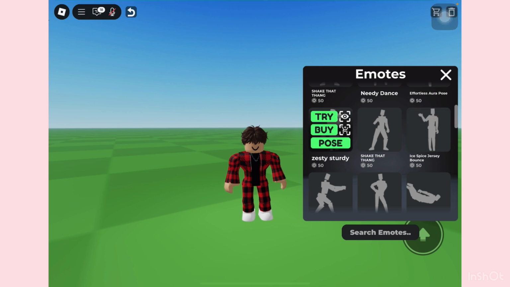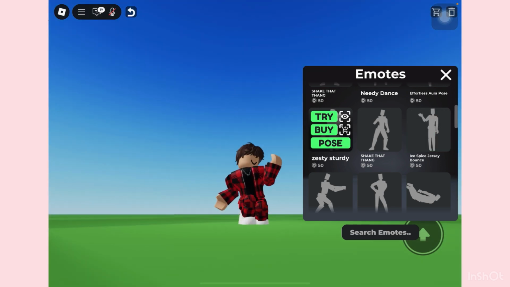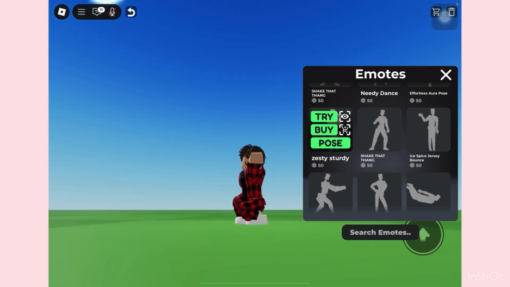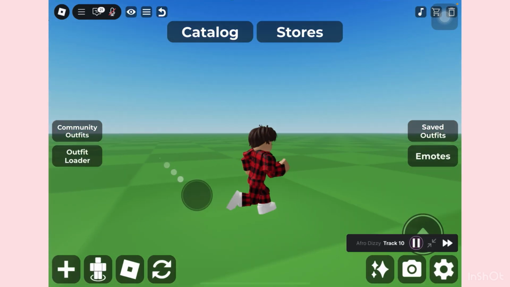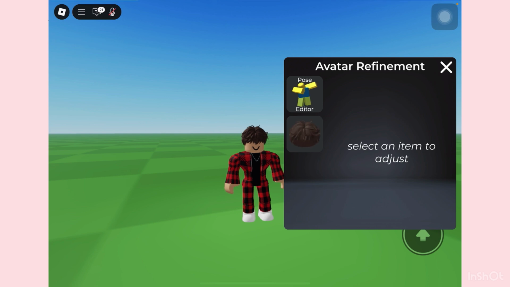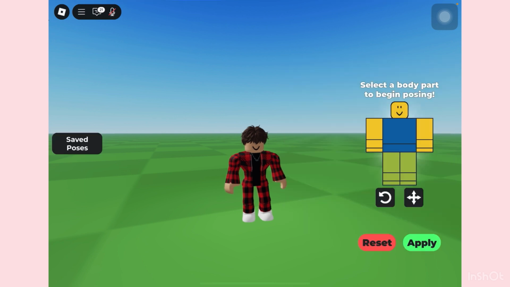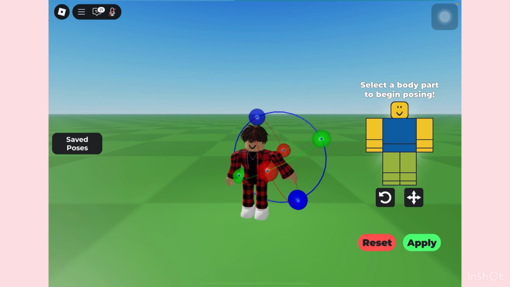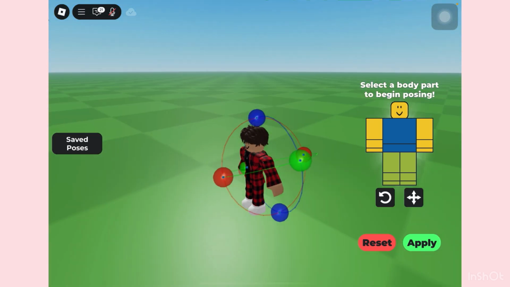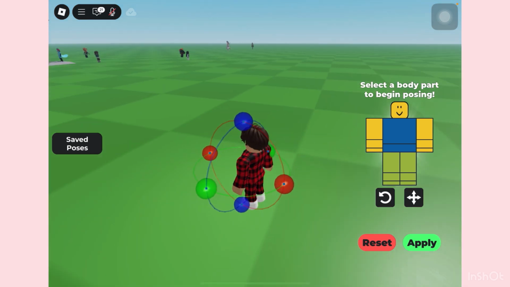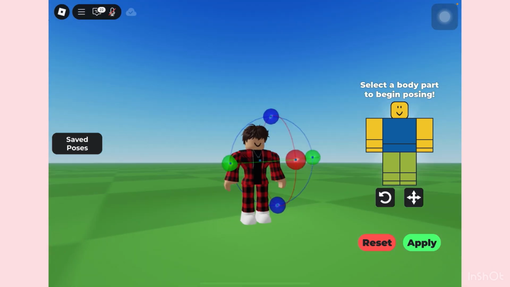I usually press pose because if you press try, it won't make a perfect picture, but if you press pose, you get better pictures for your GFX. I also use the sparkles, and you can make your own pose. There's a new button on the side, and if you press on a body part, whichever you want, you can move it on your actual avatar,